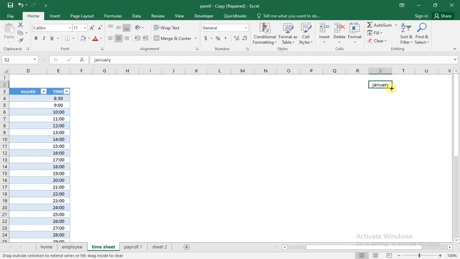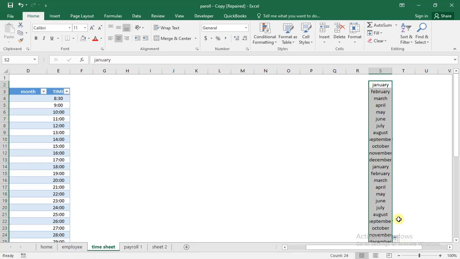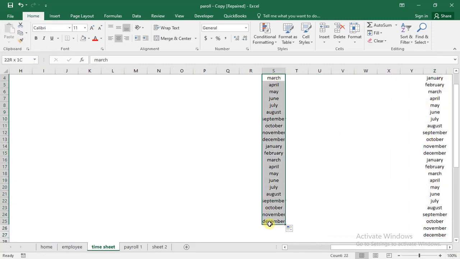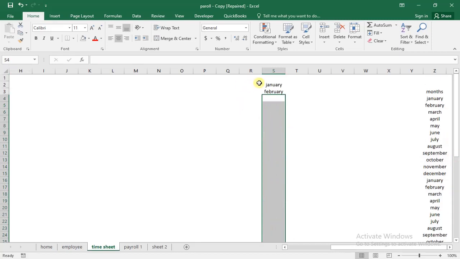I come where there's the dark cross and I drag down up to December, and all the months are going to appear. I name this months. It's like it created another one already. Okay, you can delete this one. Yes, so when you do that, you create months